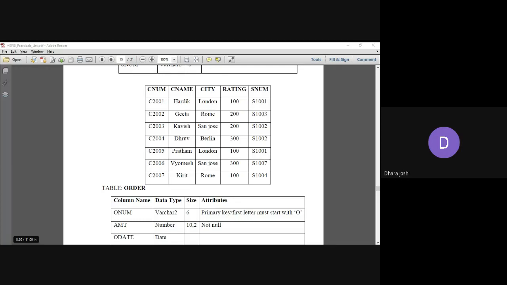Okay, Urvashi replied, data is inserted. Very good. Part done. Very good. Waiting for a few more replies. Dhani done. Very good.